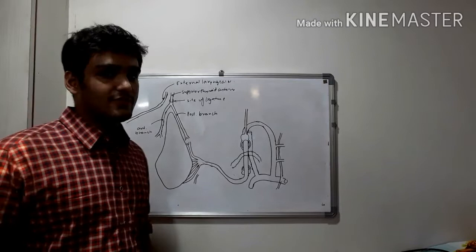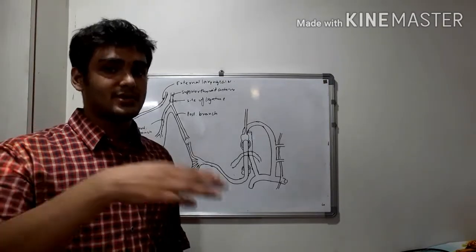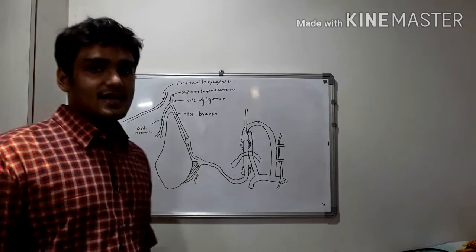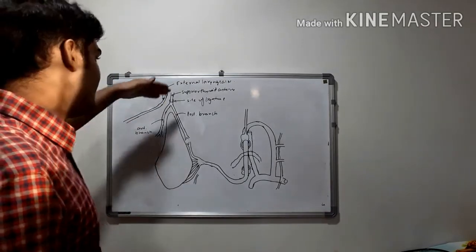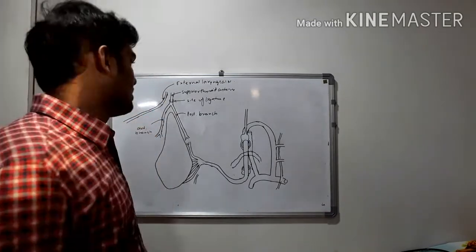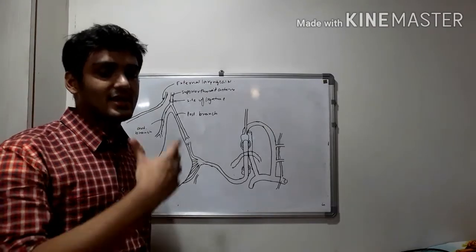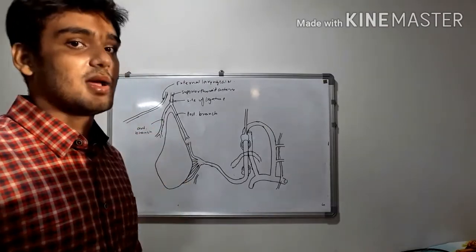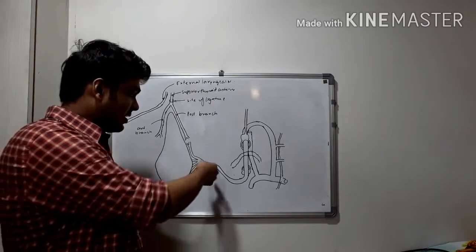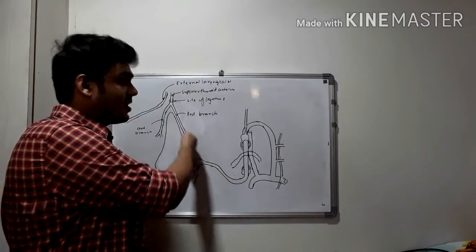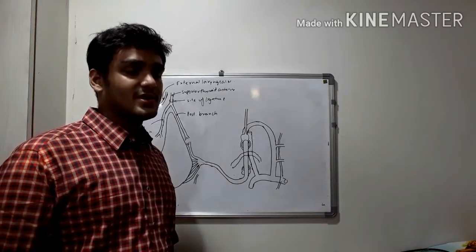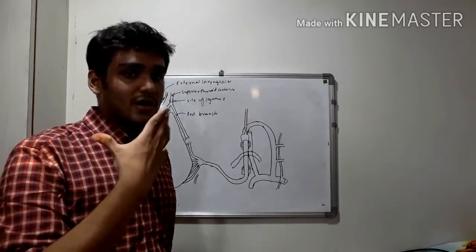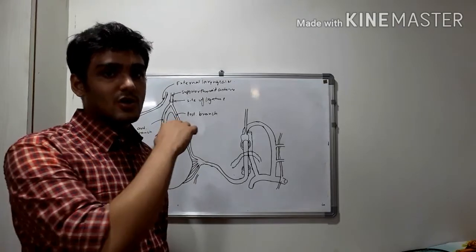And after that, it gives two branches, the anterior and posterior branch. At the same time, the external laryngeal nerve, which accompanies it, is deviated medially and apart from the artery. Now the anterior branch anastomoses with its contralateral counterpart, and the posterior branch anastomoses with the ascending branch of inferior thyroid artery on the posterior border of thyroid gland. The anterior branch anastomoses with its contralateral counterpart on the superior border of the isthmus.